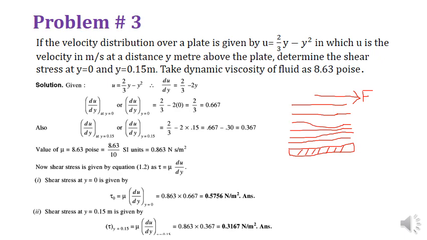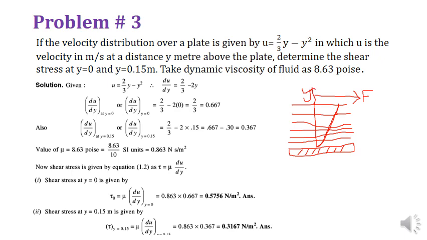So in this particular case, the velocity distribution over a plate is given, the velocity gradient is given over here. If this is the velocity profile, you can say that it is 0, and then going to be maximum at the end. So if this is represented as a velocity profile, this is the profile. This profile gives you the relationship with respect to the y distance. This is the y distance. Here on the vertical axis, this is y.